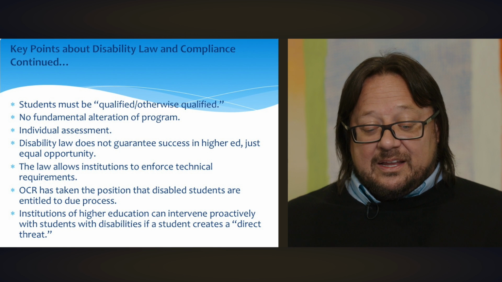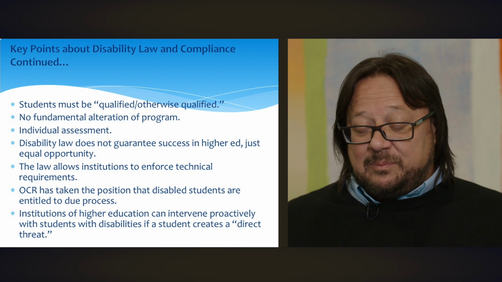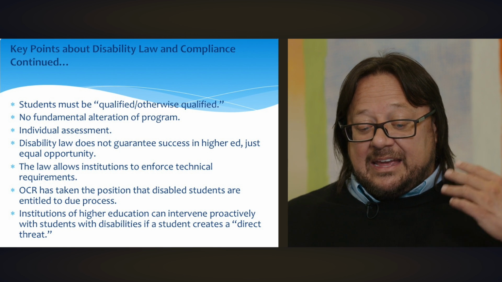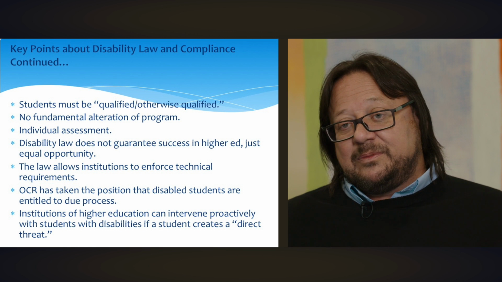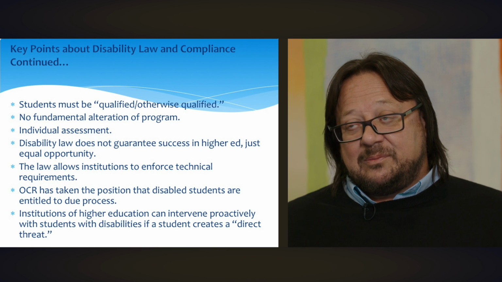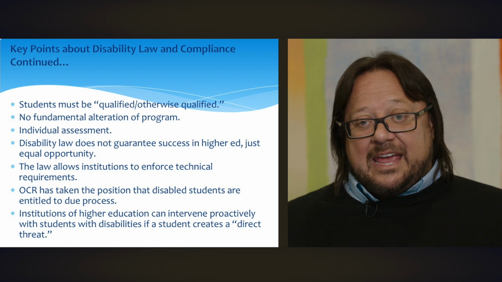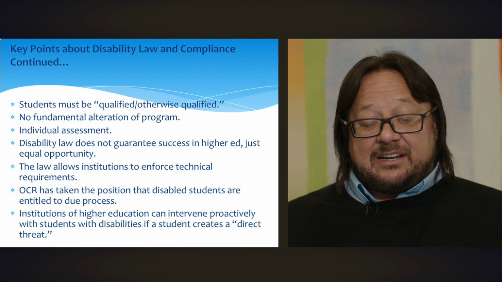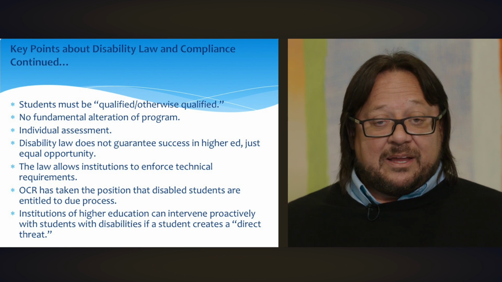You can intervene with people with a direct threat, and new thinking from the Department of Justice, which isn't that new to me, but it will appear to some, and the Department of Ed, is that we can intervene on direct threat basis for both self-harming and harm to others. But there are standards to do that, and they have to be meticulously followed. Hint, hint, individual assessment and qualification articulation are a big part of it.